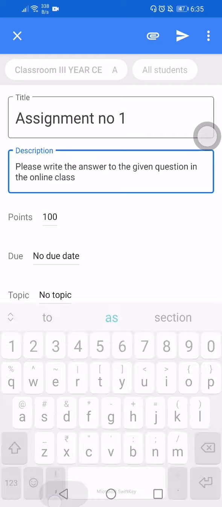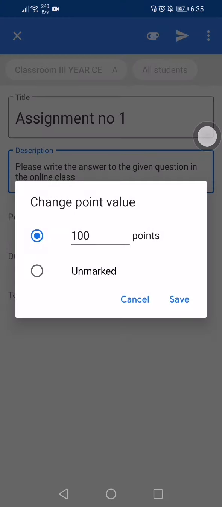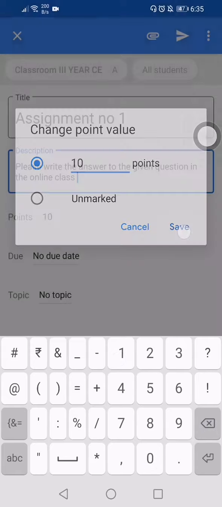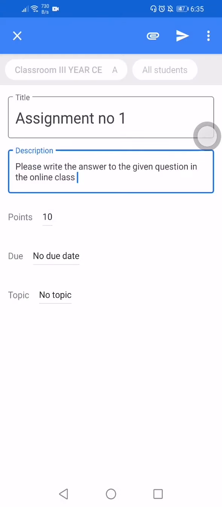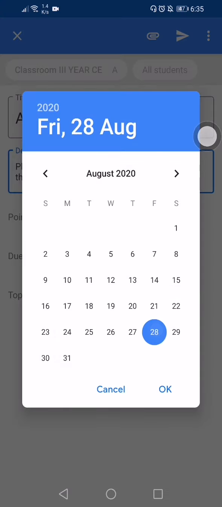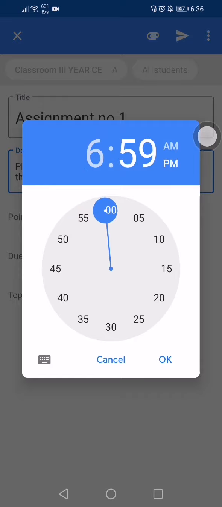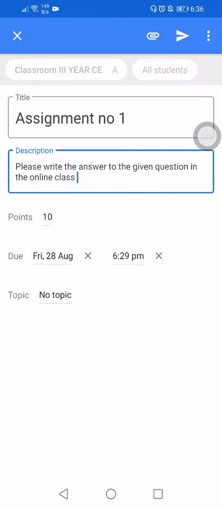Like that we can write, and we can set our own points like 10 marks or 5 marks. We can have a due date, and the time is optional, and if you want a time, we can give that.